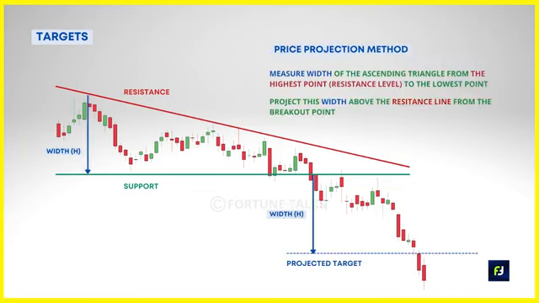In the price projection method, calculate the distance between the highest and lowest point of the descending triangle. Now take this distance and project it downwards from the breakdown point. This projected future price point is where you exit your trade after you enter a breakdown of the descending triangle